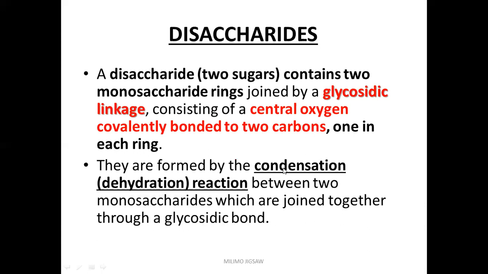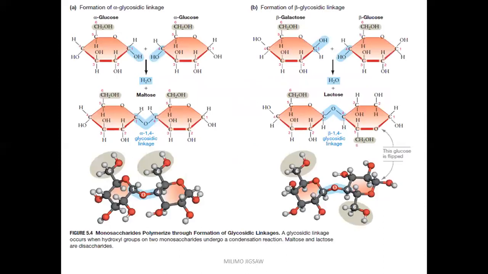So these disaccharides are formed by the process of condensation or dehydration reaction. Remember when we looked at macromolecules, we defined and talked more about what a dehydration or a condensation reaction is. So these disaccharides are formed by the condensation reaction that occurs between the two monosaccharides and henceforth are joined by the glycosidic bond. So this is an example showing us how it occurs to form this